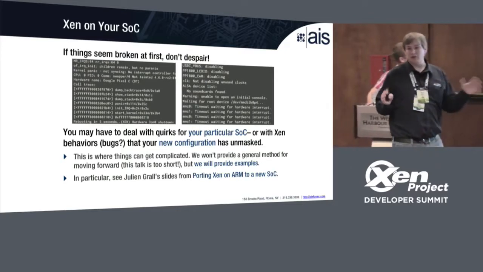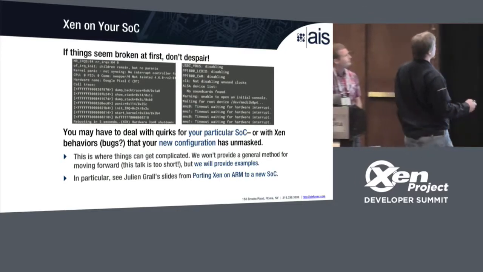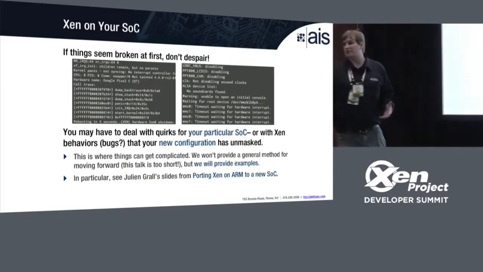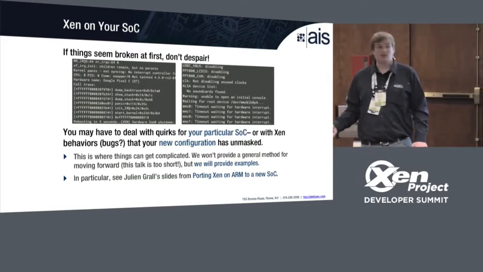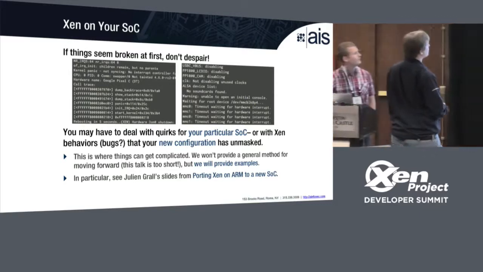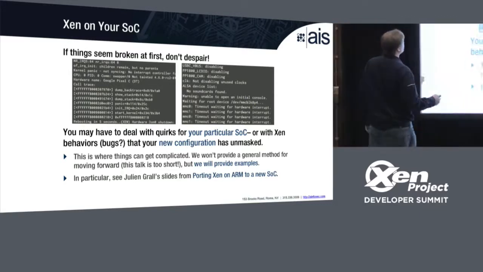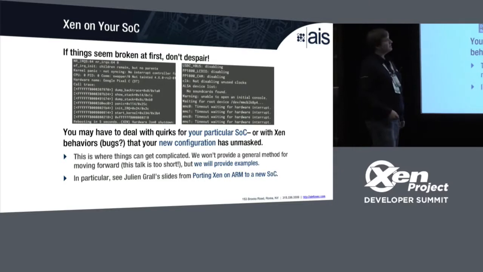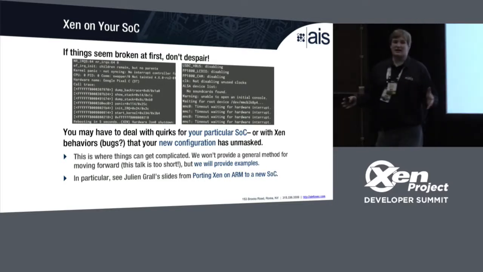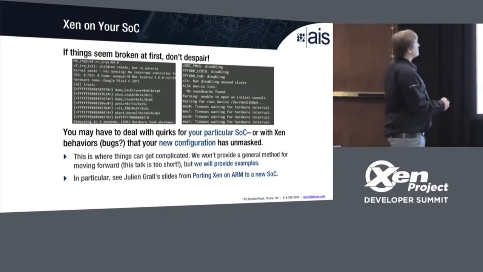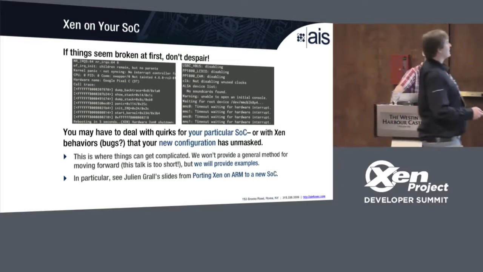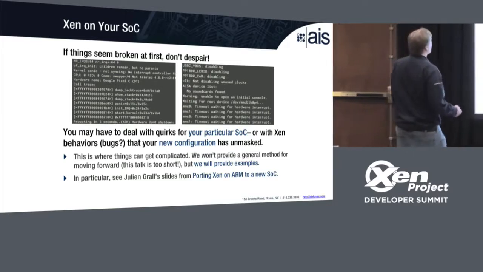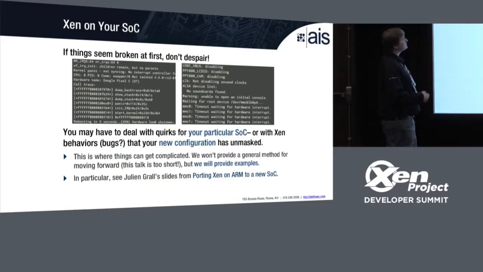So once you do have Xen booting, the next step is to get Xen running on your system on a chip. Now, that sometimes is easy. There are lots of devices for which it works. We were targeting the Google Pixel C. It's a nice looking tablet. In that case, it was not so easy, partially because we're working with a new device family, the Tegra, and partially because there were lots of vendor surprises in there. One of the things that tripped us up immediately,